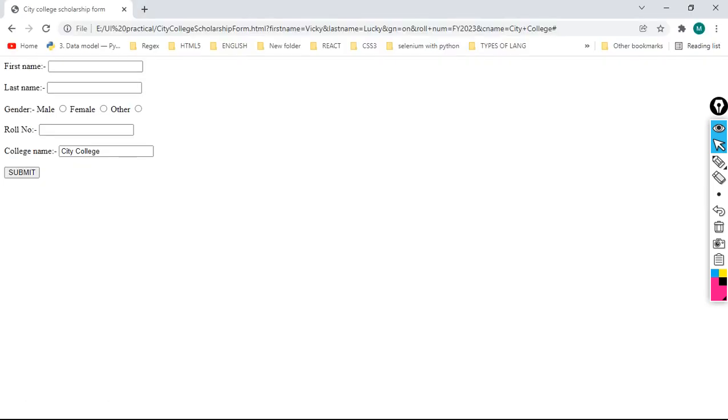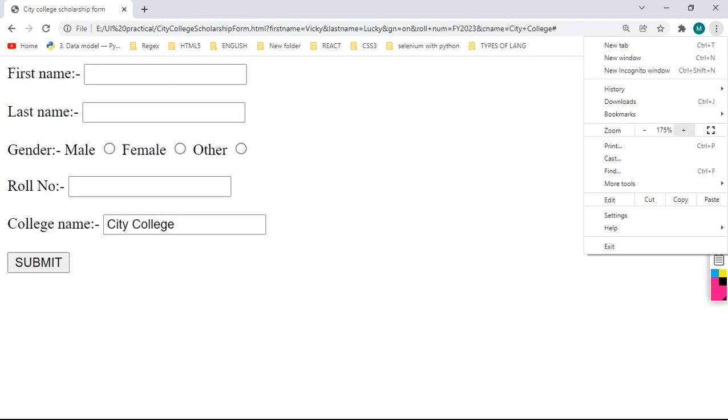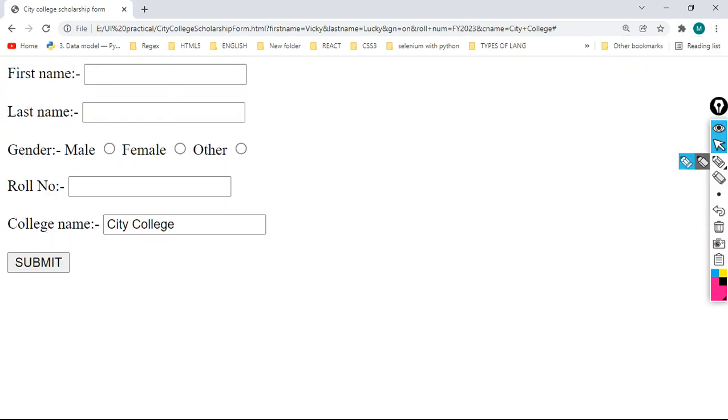Required. What is the meaning of required? That I will tell you. But before that, what I will do, I will fill this form incomplete. See here. What I will write, I will put first name Mohsin. I will not enter last name. Select male, and I will not fill roll number.